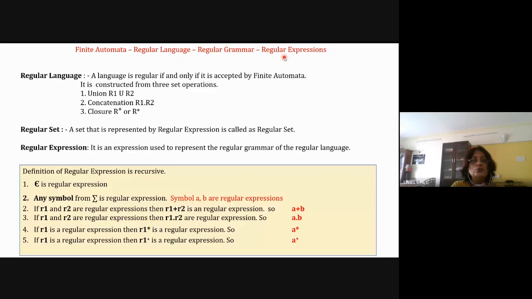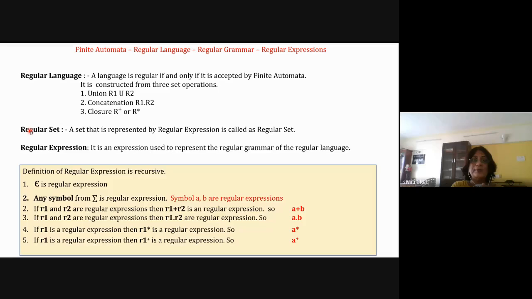Okay. So your finite automata's language is regular, and its grammar is a regular grammar. How to write the grammar? By using regular expression. And the regular set is a set of words that represent all the words which are formed by using this language or by using this grammar, and they belong to this language. Okay, I'll just repeat this again. You have to keep this in mind so that you understand the languages and grammar, because the next chapter is about the language, context free language.